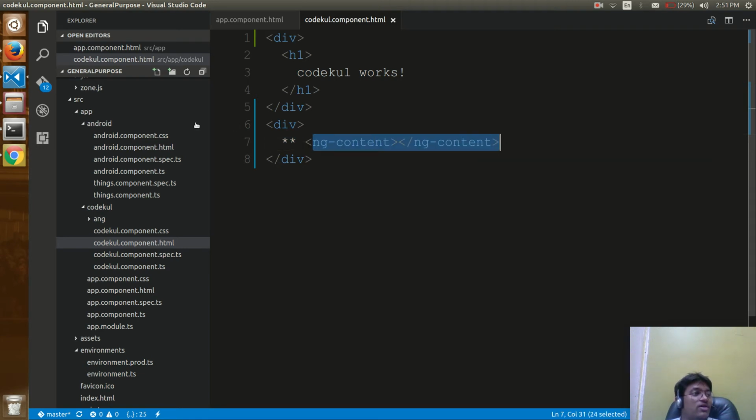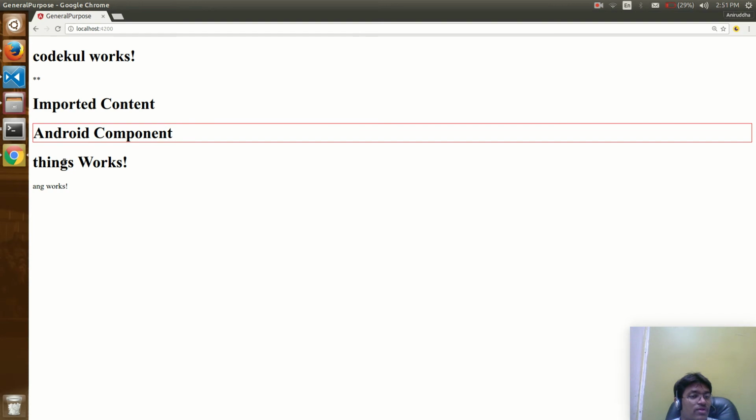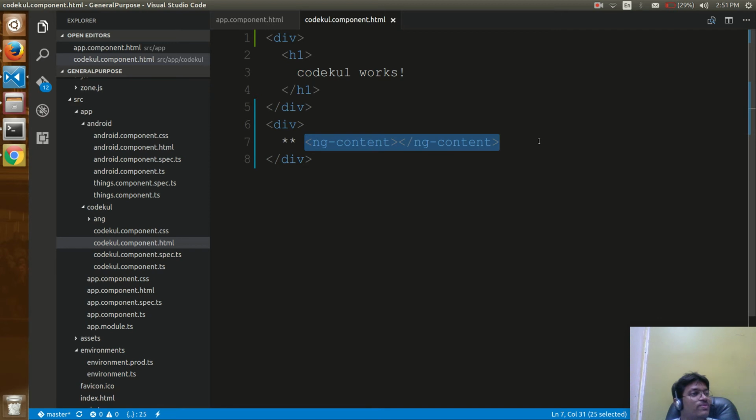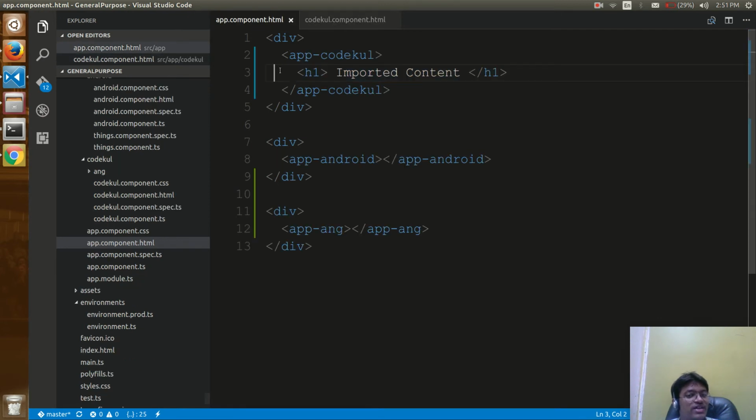I would be having just star star and the ng-content. So wherever you want to put it, here you would be getting, can you see this star star and the imported content, because of this ng-content, and this ng-content is nothing but this h1. So you have written one tag which is nothing but app-code-cool, right? So into this tag I want to write some content,